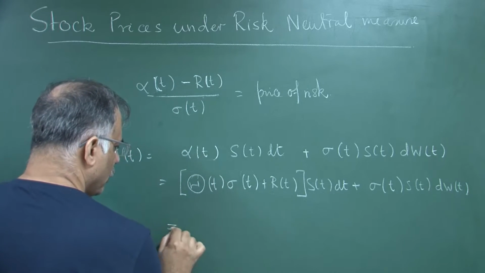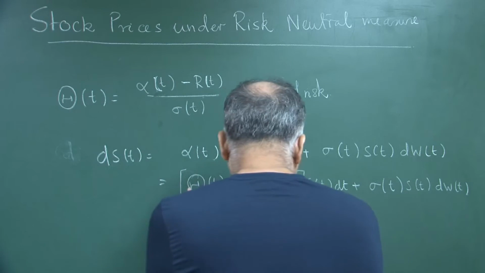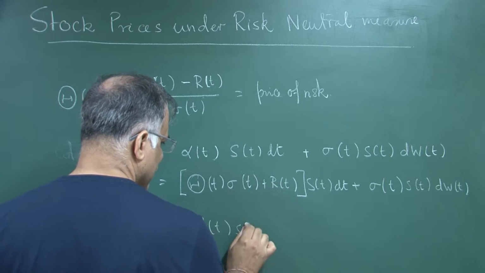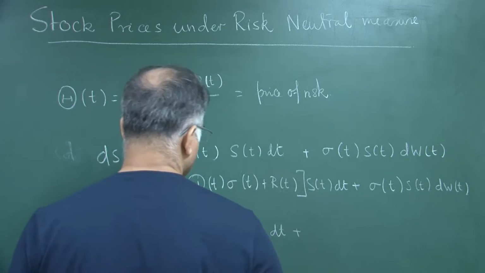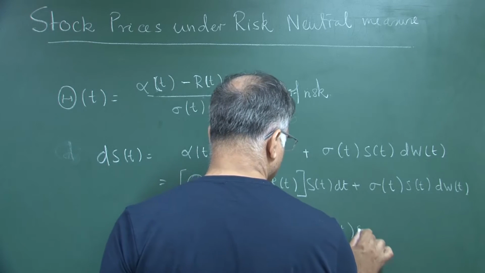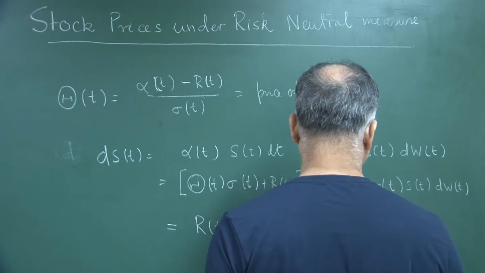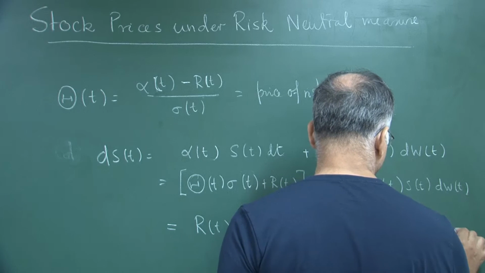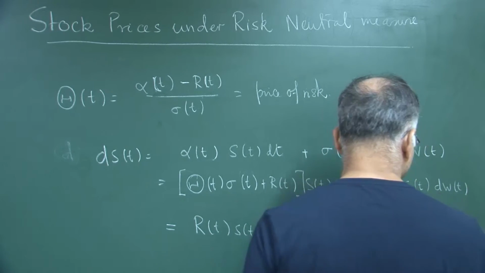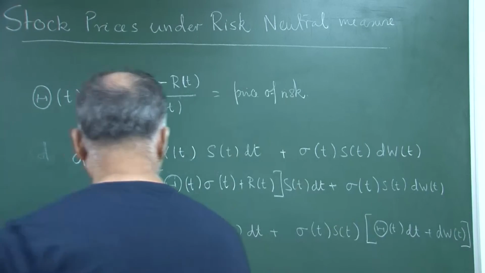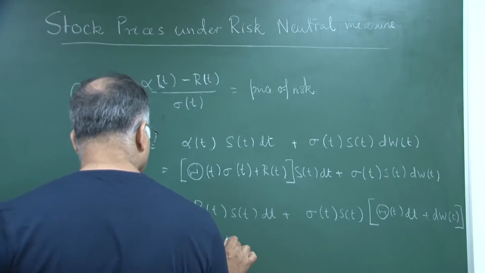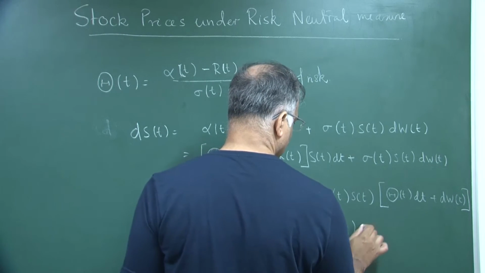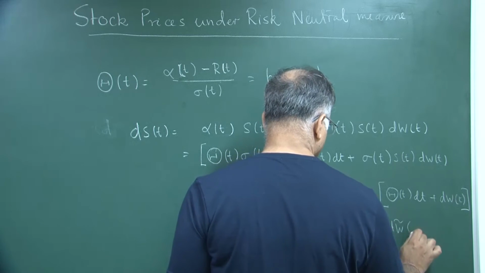we have got. Now, what I do is take this part with sigma t s t and add it with this part, and keep this part separate. So, I will have R t s t dt plus sigma t s t times theta t dt plus dw t. So, what is this? This is nothing but dw tilde t. So, you have R t s t dt plus sigma t s t dw tilde t. So, this is now,